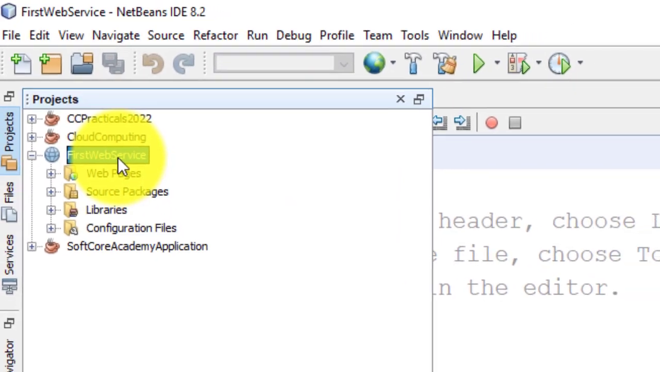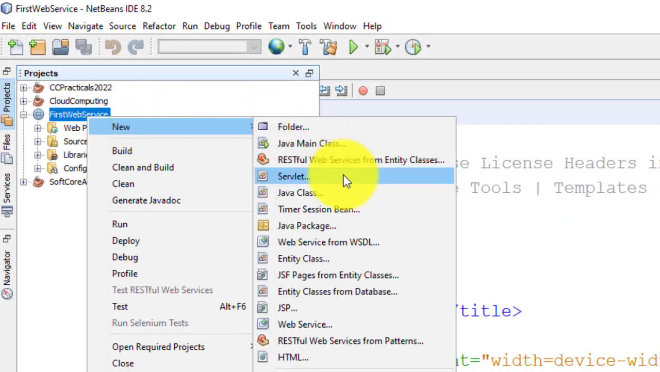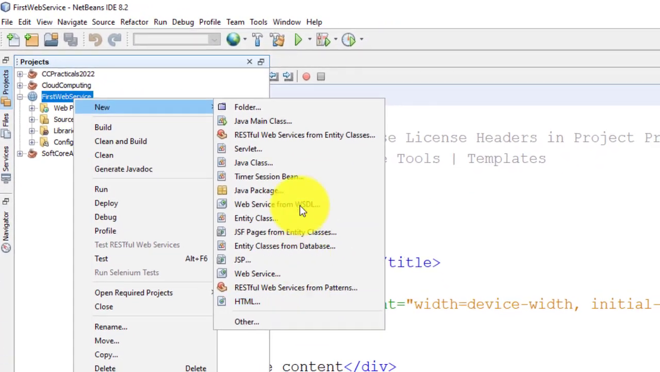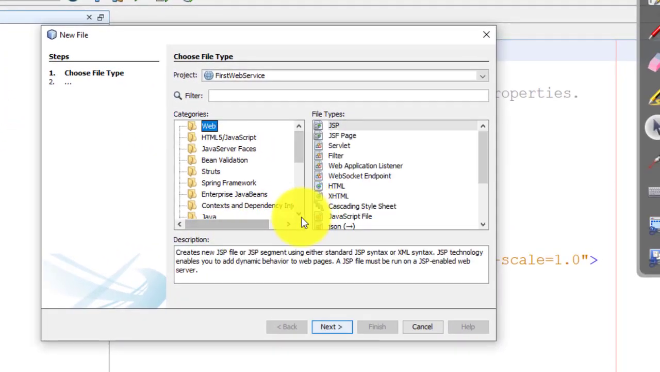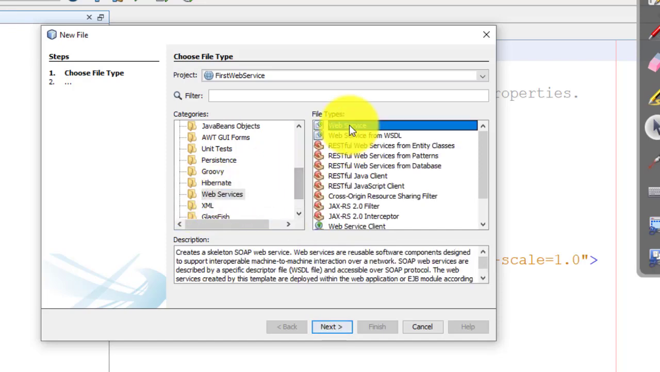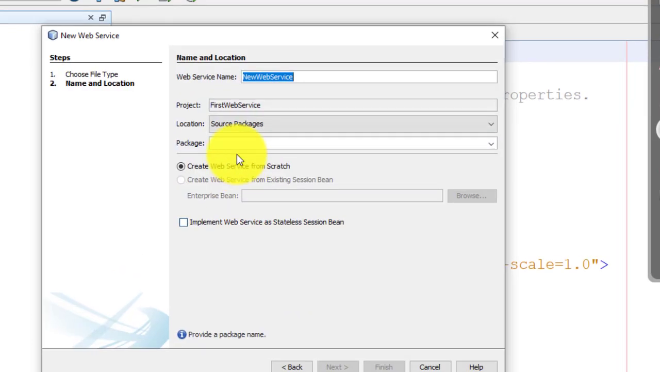Let's right click on this, new. So we have to search for the web service option here. We have a web service. If you do not find the web service option here, go to Other. In Other, on the left side, we first search for web service. There is an option, web service. Within this we have a web service. Next, now